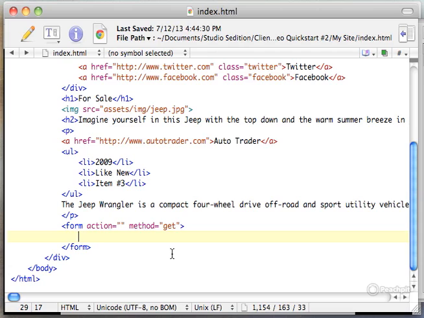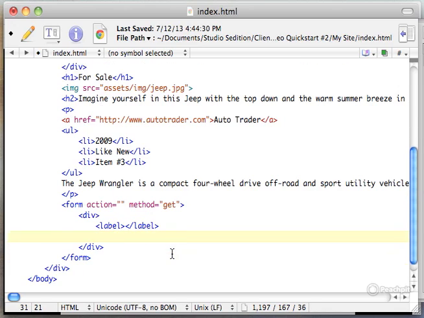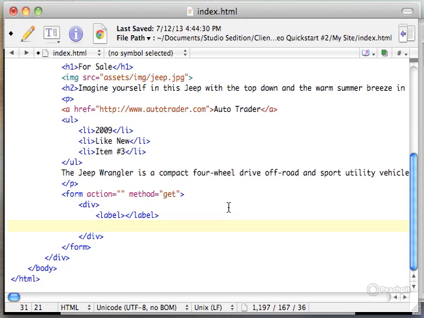So first we're going to create a div. I like to use divs just to contain elements and their labels. There's a number of ways you could do this. You don't have to use divs, but I just like to do that to organize my forms. So I'm going to start by adding a label. And since this is a contact form, I'm going to add an input and set its type to text